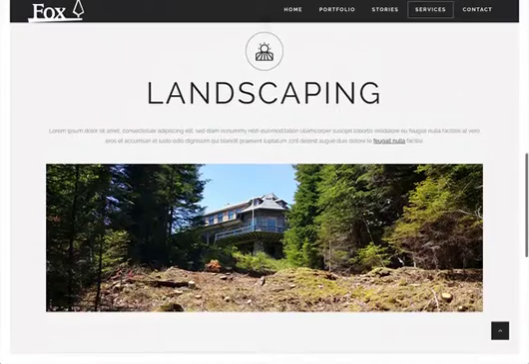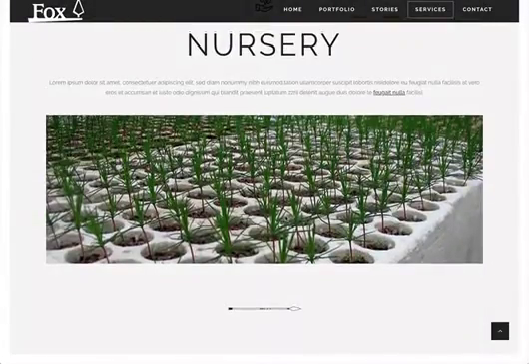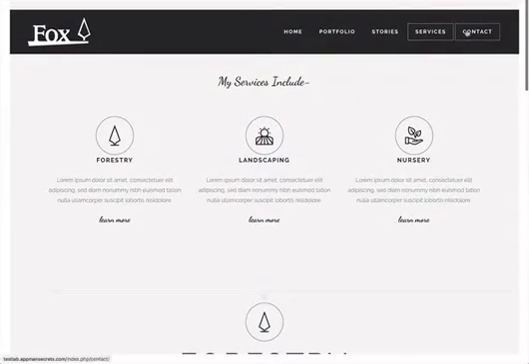Same again for landscaping, same again for nursery, and if there are other disciplines such as furniture, etc., then of course we can add those here as well. Move over to contact,